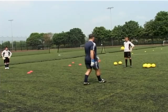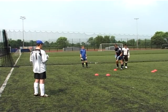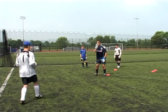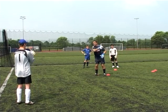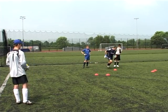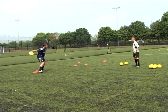Okay? Okay, so the third one of the three now is you're going to come up the inside and you're going to step in off the opposite leg. Let's go back half a yard, and I want you to throw the ball right on the end of my big nose. Yep, so nice and firmly just in there. That's the one. Step out, backwards, around the outside, step up the inside, step in off the opposite leg, catch,